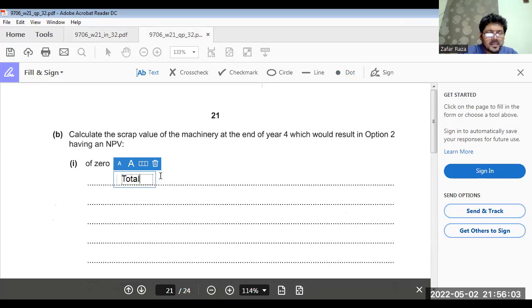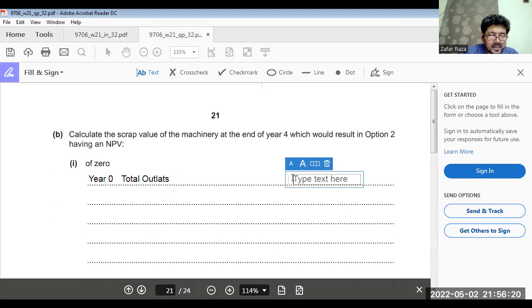Total outlay. Okay. What we forgot to write here. Yeah, it's the start of the project. That means this is around 2,90,000. Okay. Now, year one,